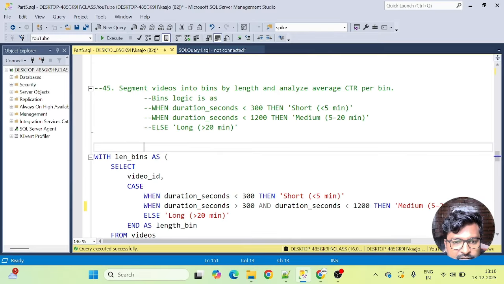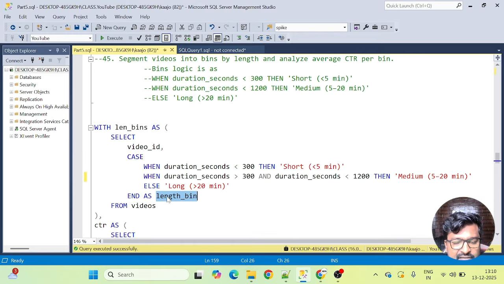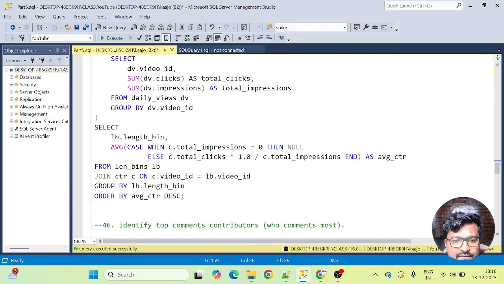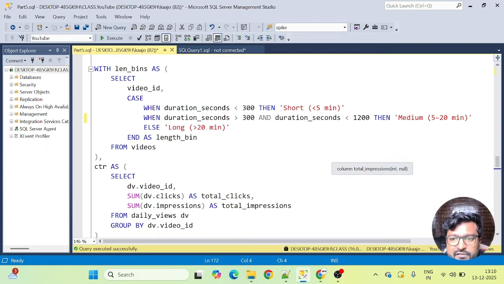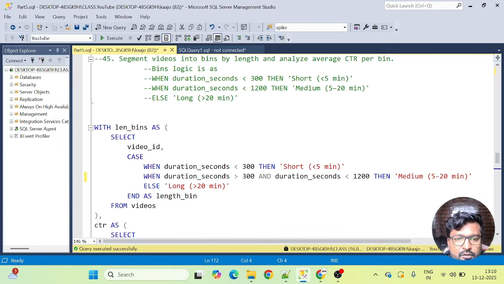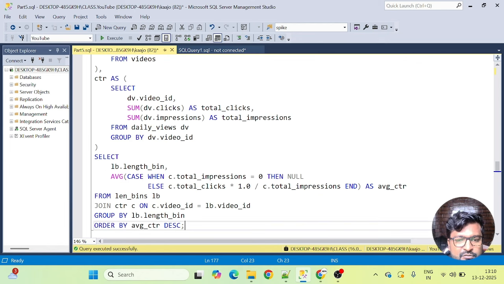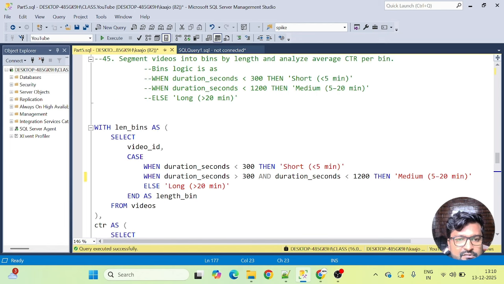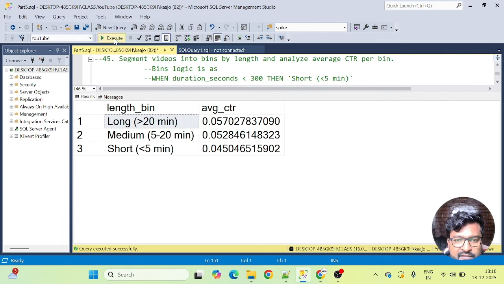Per bin here would actually mean that for the length bin that we have calculated in this CTE, we have to probably group by this or take some sort of average. Yeah, see, we have done group by here. Group by length bin. I've taken the average, right? Because they are asking us to calculate the CTR per bin here. Okay, so I hope this is quite clear. Let me just execute this part completely and we're going to get our solution.